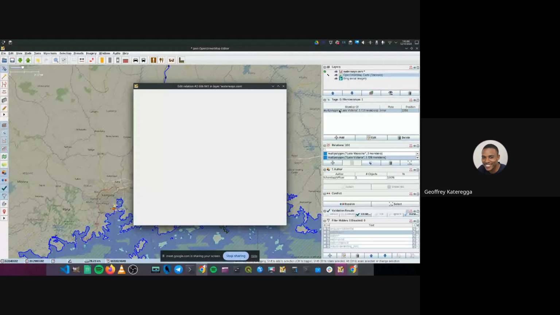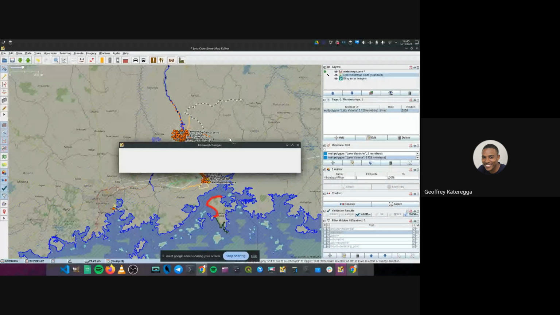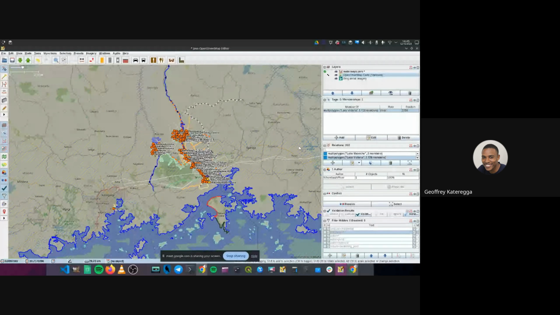Anyway, you can see here this Lake Victoria is a multi-polygon, and it has 1,729 members. So it's a really big object within the database. I can see here the inner and the outer, but also the tags that have been added here to map this really big lake. So I just wanted to point out that if it's a really, really big lake, it will be tagged as a multi-polygon. It may also be tagged as a relation, so we should be careful when looking at that.